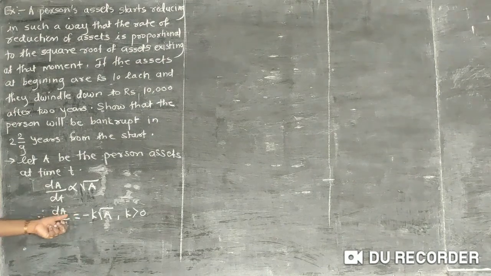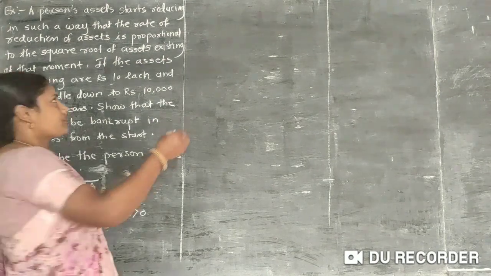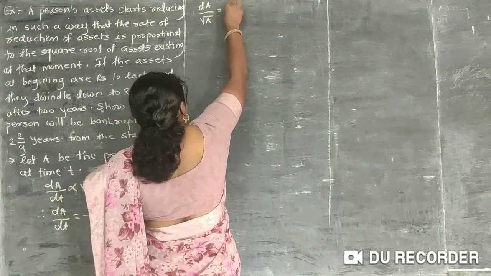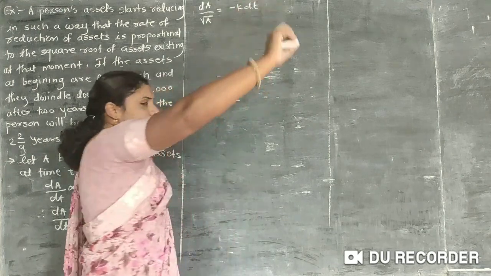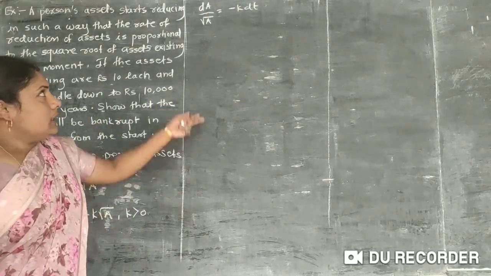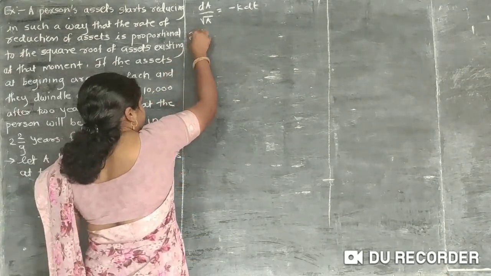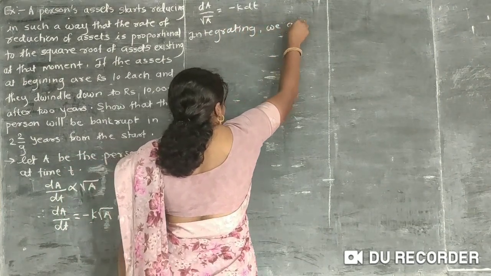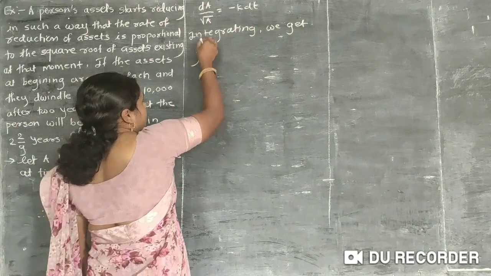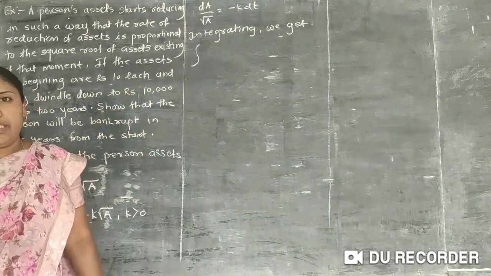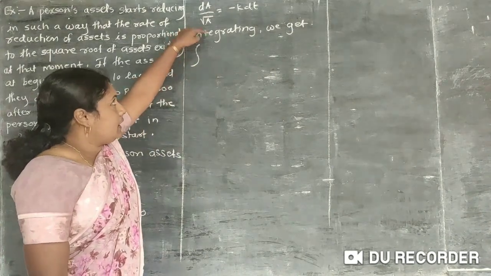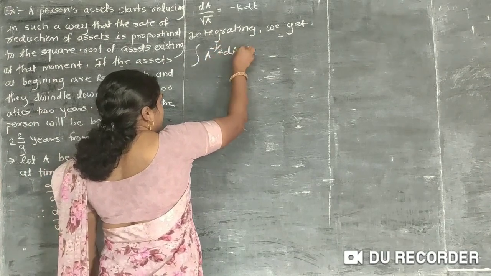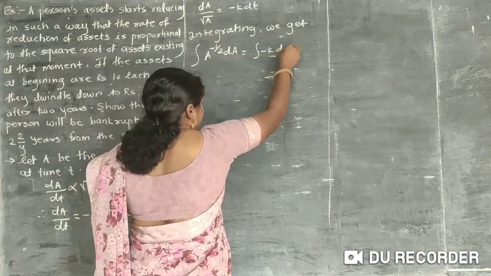Then we have to separate the variables. We get dA upon square root of A is equal to minus K dt. It is the variable separable form. Then integrate this. Integrating, square root of A means A raised to 1 half in the denominator. Take it in the numerator as A raised to minus 1 half dA is equal to integration of minus K dt